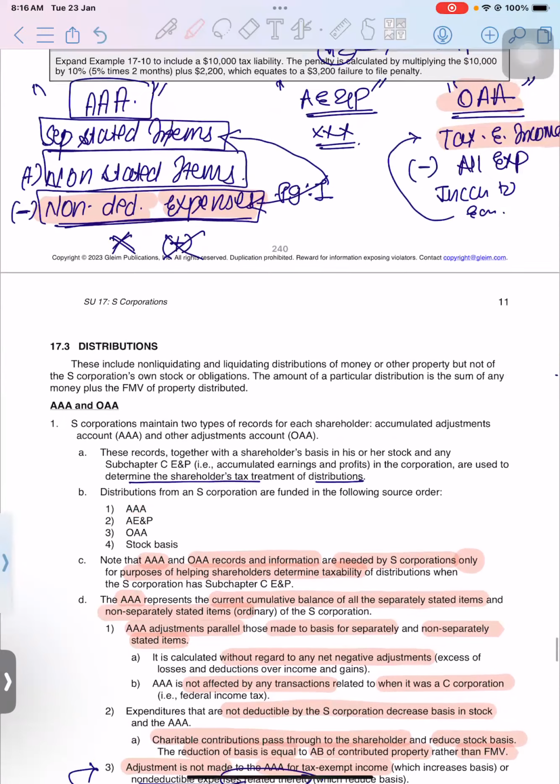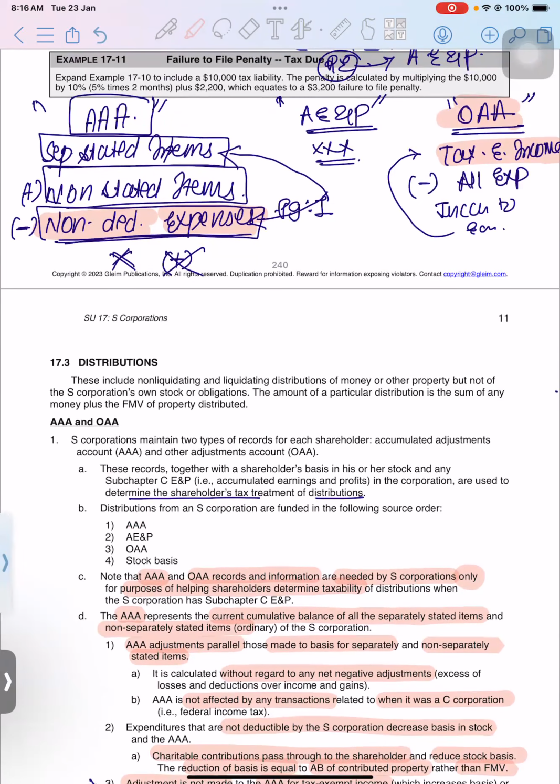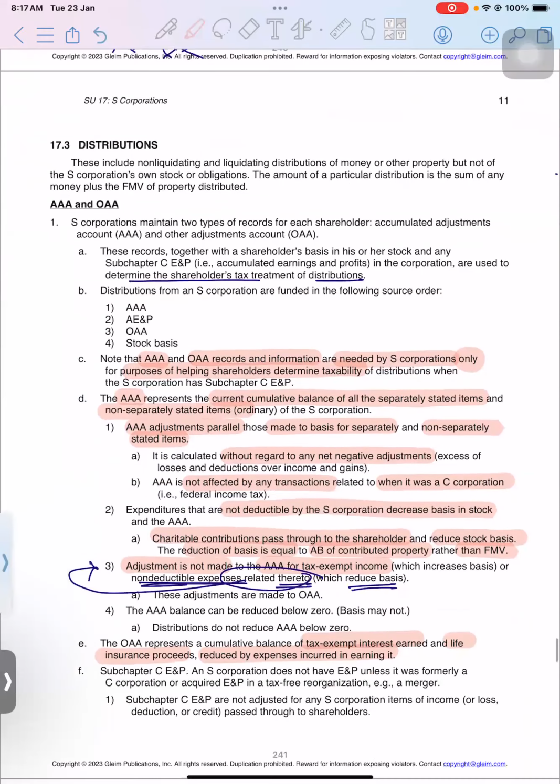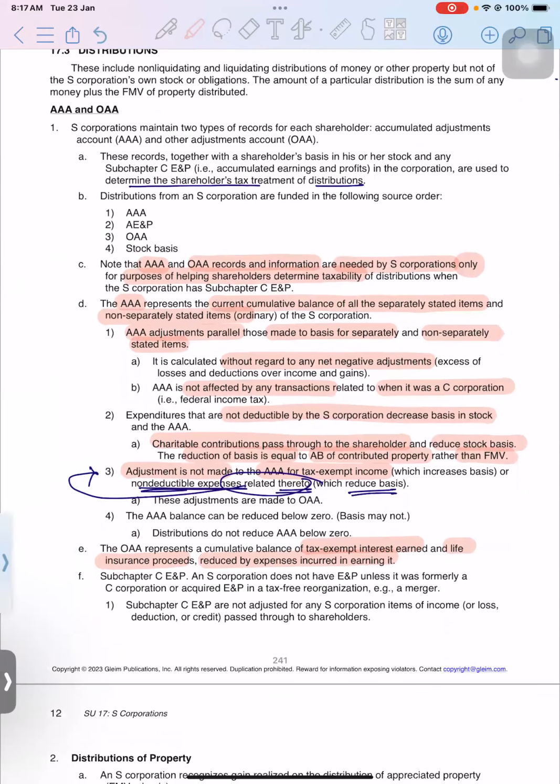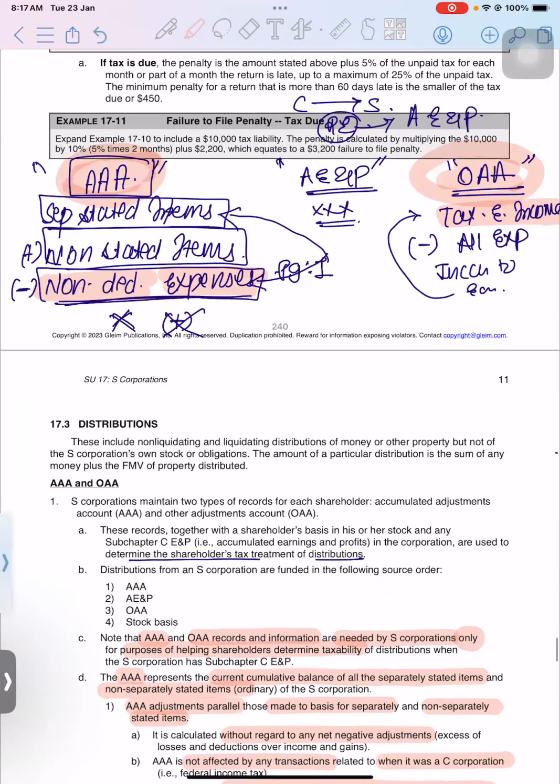Few people, even those who work in practical life, rarely know the difference between OAA and AAA. So when the distribution comes into the picture, they are confused. We used to get confused too about which one we need to reduce the balance from, whether it's AAA or OAA. The AAA balance can be reduced below zero, but basis may not. What it's saying is that the AAA balance can go negative, but the basis of a shareholder cannot go